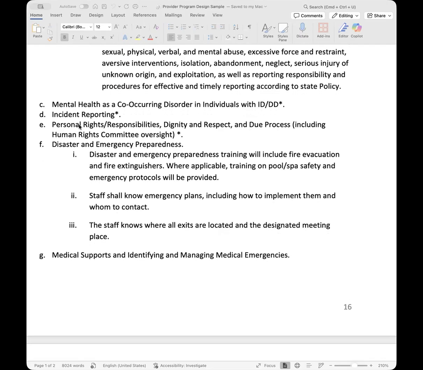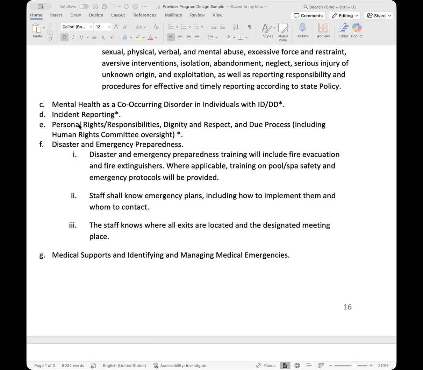Okay, next, D, incident reporting. For incident reporting, you'll want to make sure you train your staff on who you're reporting to, what you're reporting, how to report, and what documentation is utilized. A lot of the states now, including California, are using portals to document incidents.